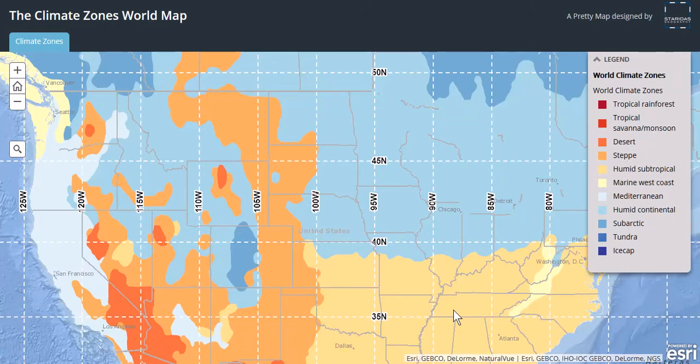I'm going to explain the climate of the breadbasket by using a variety of maps, and start with the Climate Zones World Map. This is from maps.arcgis.com. So what we have here, over on the right, is the legend,